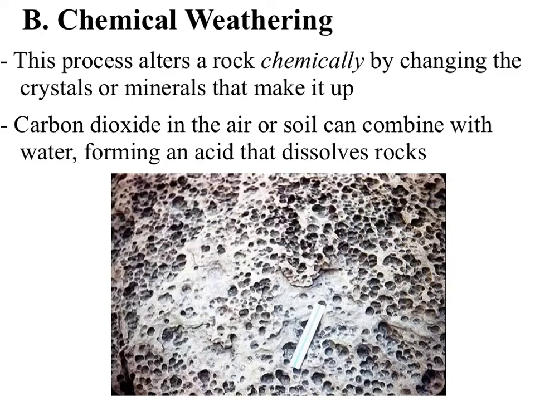But when the acid is present over long periods of time, say on rocks, it digs into those rocks and sculpts them out. So right there in front of you, you see a kind of pockmarked rock that was pocked, not, in this case, by carbon dioxide, but by salt. Salt is another caustic chemical. It kind of eats away at rocks over long periods of time. And so when you go to the ocean, and if you smell salt in the air, that salt, when it either mixes with water and then falls on the ground or falls on some rocks, is going to eat away at the rocks like you see